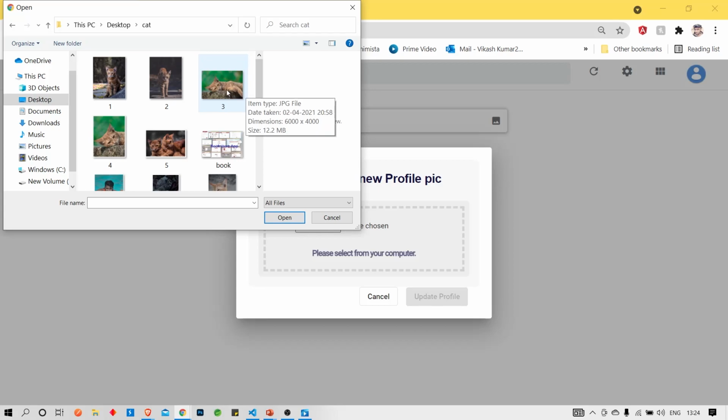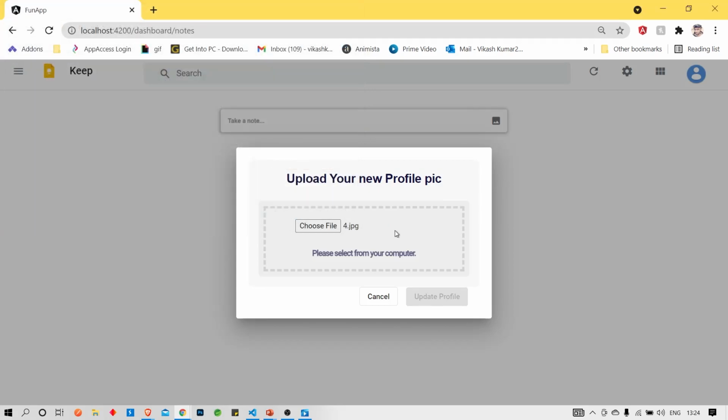Okay, I will try to upload this picture. So yeah, we can see that this is the progress bar. Live we can see that it is uploading this much percentage. This progress bar will come till the last.